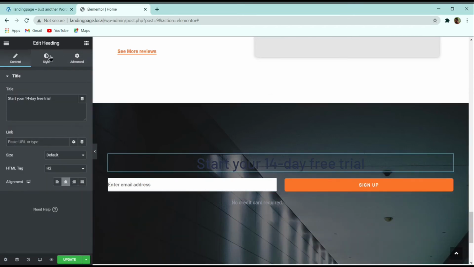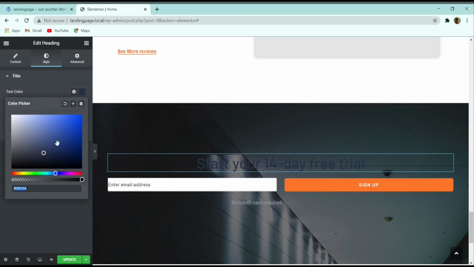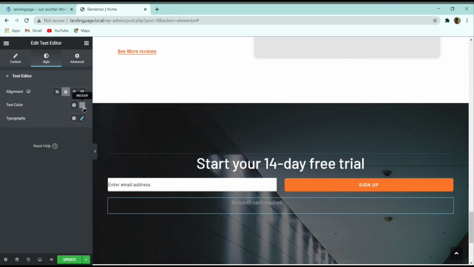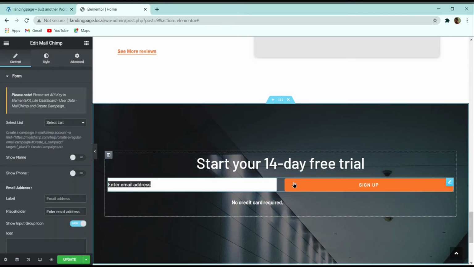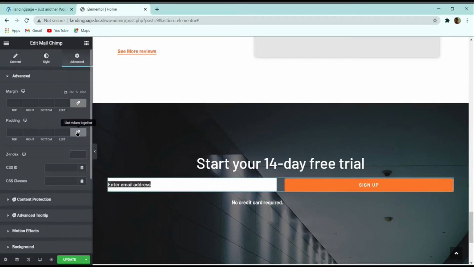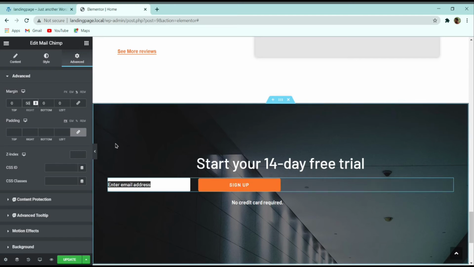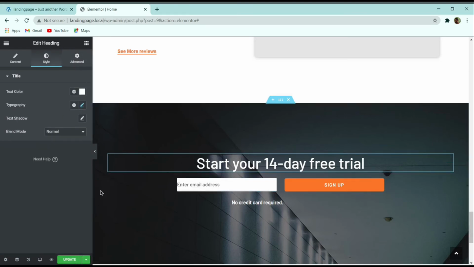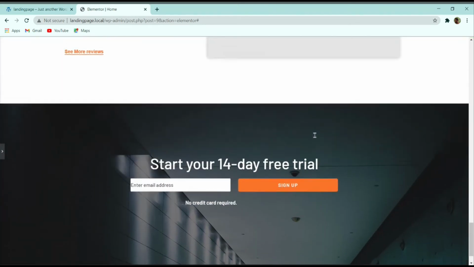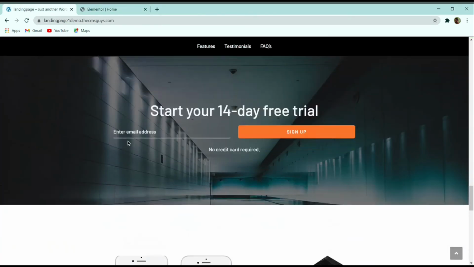And then now what you can do here, go to the style option of the text and change the text color to white. Similarly I will do this one for this one also. And then here you can see that for this simply go to the advanced, and here in this margin option you can give, suppose, click on this percentage, and here give 20% right, and similarly give 20% from left. And that's all for this section. So now let me click on update, and let me show you the website. So here you can see that this section is completely ready.